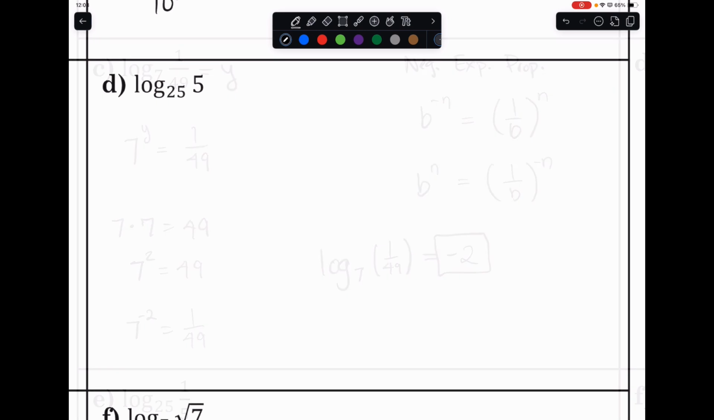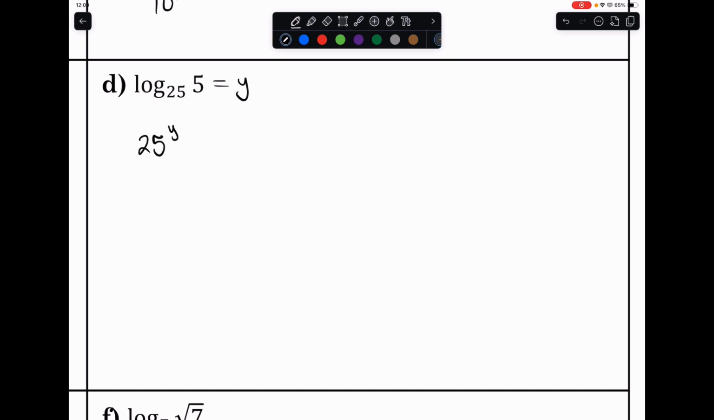Okay, now let's look at this example, example D. Again, we want to evaluate the log base 25 of 5, and we want to know what this equals. So let's set it equal to some number, and let's call that number y. Now, the equivalent exponential form of this would be that 25 has to be raised to some power y